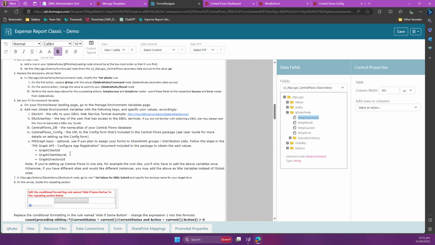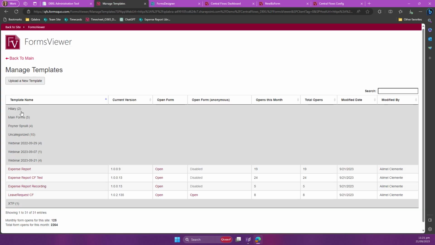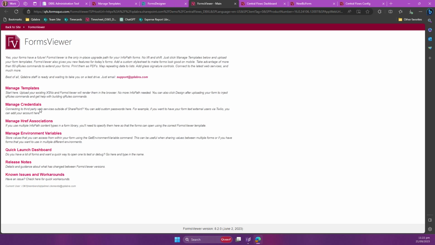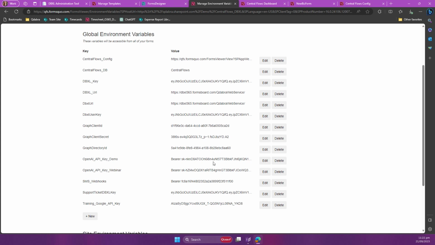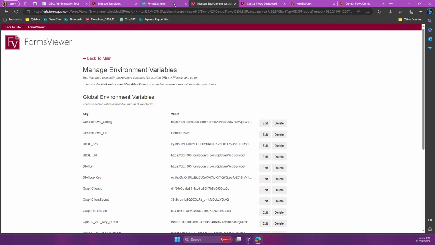Now for the environment variables, so one of the bonus features in this release is we got away from using an XML data source for all your environment values, such as your v2.0 URL, user key, and you would be familiar with how that process goes. Now we're using, let me just show you real quick here, although we have it in the presentation screenshots, but it's great to show it live here. In the manage environment variables here, we've got those keys,